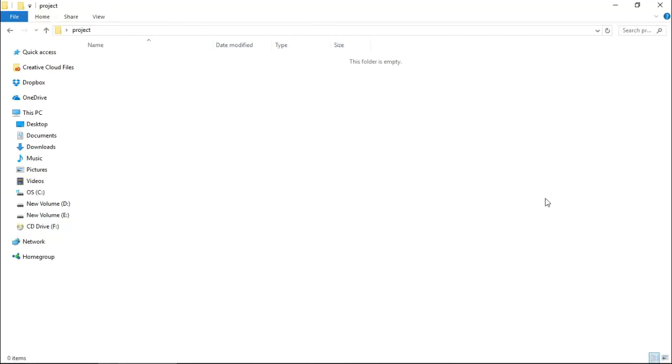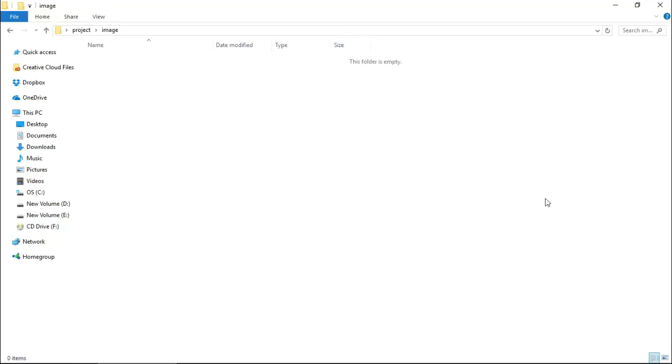So I am pressing here Ctrl Shift N to create a new folder and giving a name to it like CSS. Inside this CSS folder, I'll be putting all the style sheets. After this, we need an image folder. So I'm creating a new folder and giving a name to it like image. Inside this image folder, I'll be putting all the images which I will use in this class.